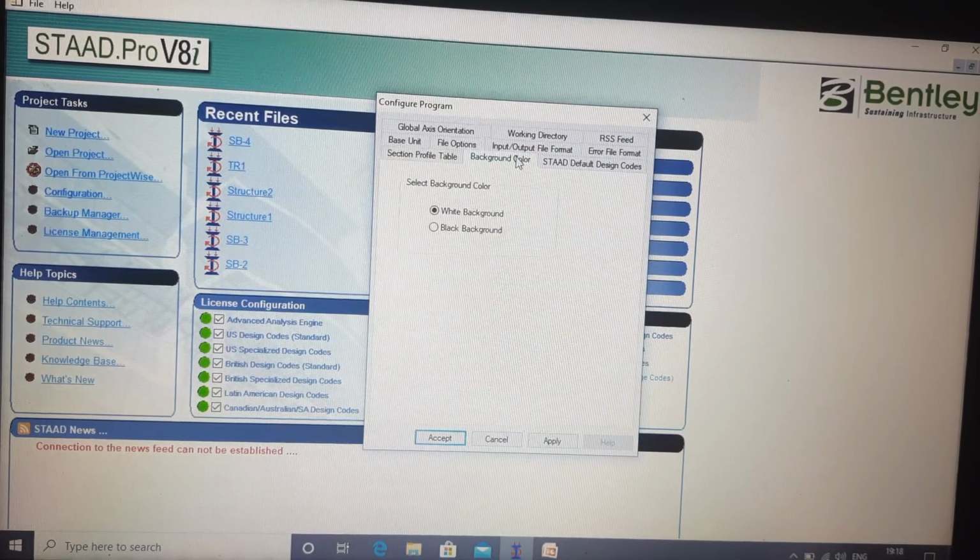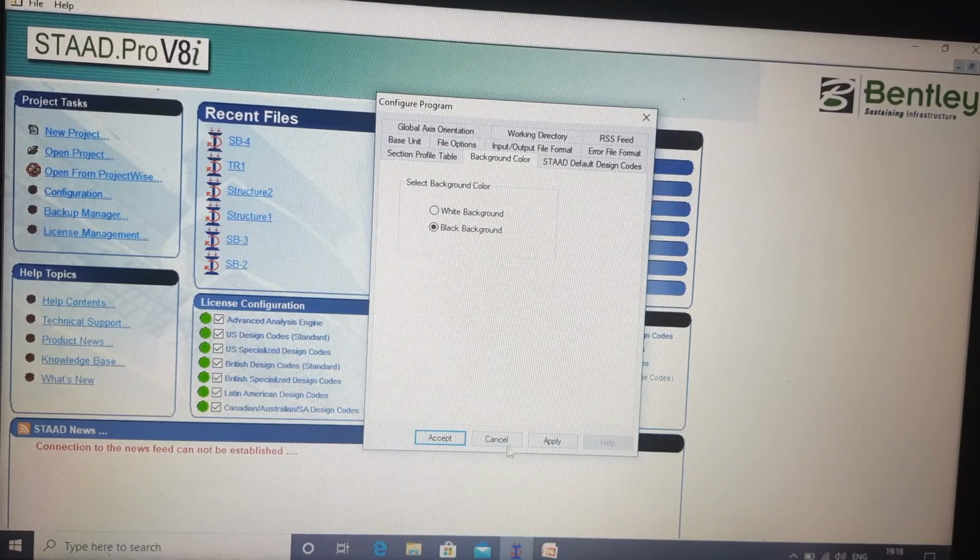Then we have background color, and this is an option. Actually, basically your STAAD environment has a white background. If you want to change the background color, you can change it from here. Say if you want to change it to black background, what will happen? Let's see.